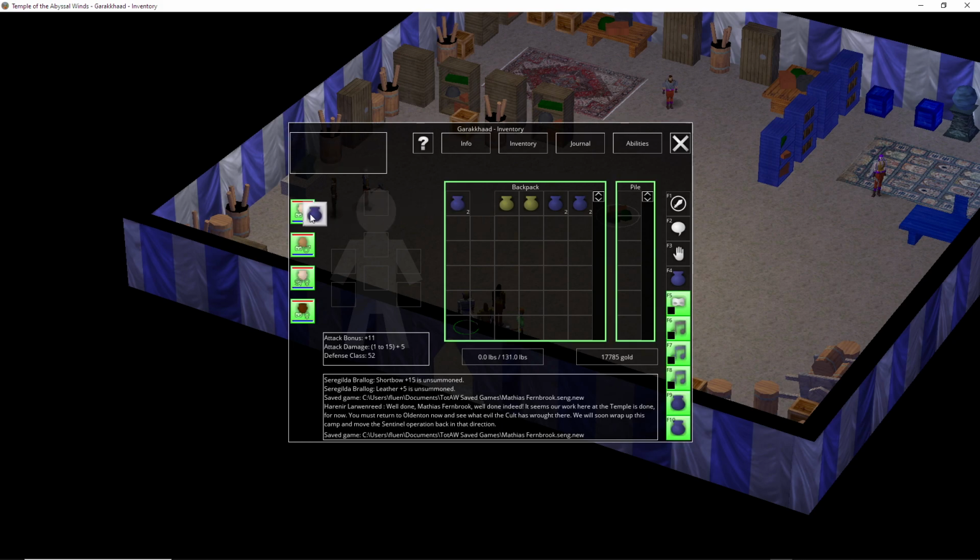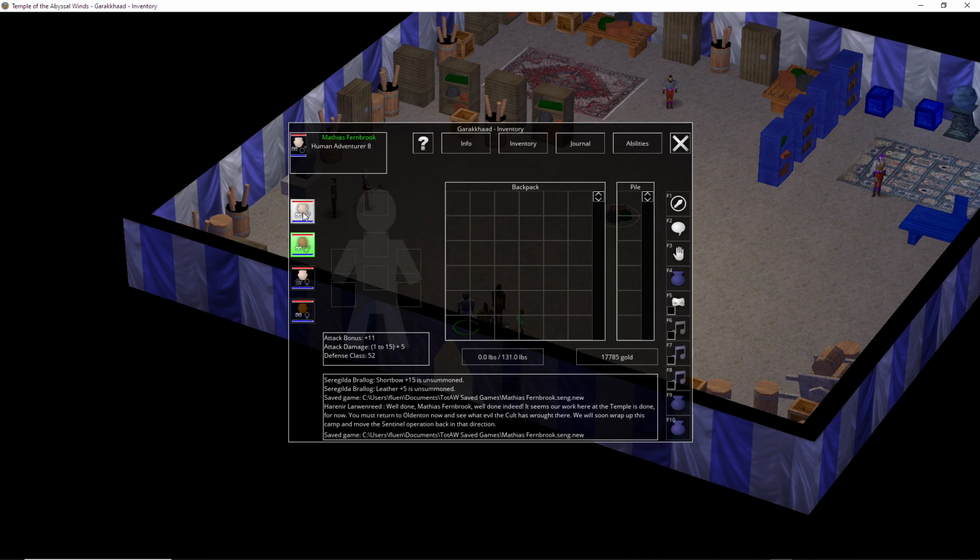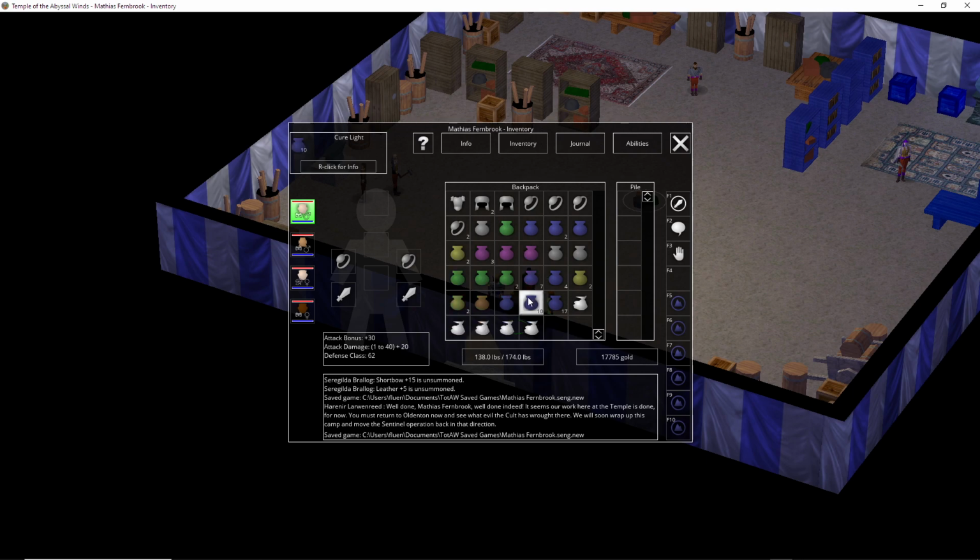We're going to have to do a lot of divvying up when we get there, depending who was there with us. Should have done this in previous chapters, but boom, there we go. I'm only at 138 pounds too, and I have all this. Alright,